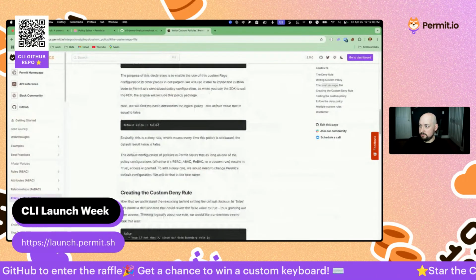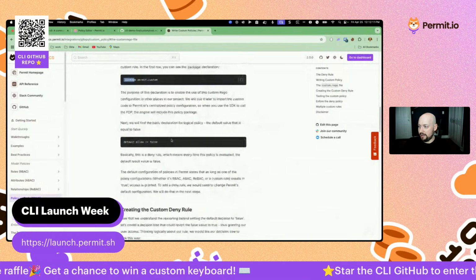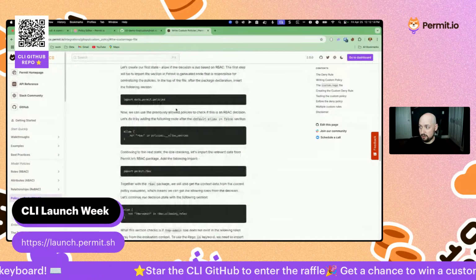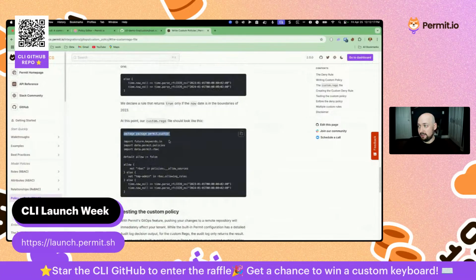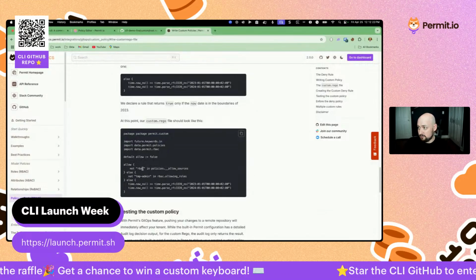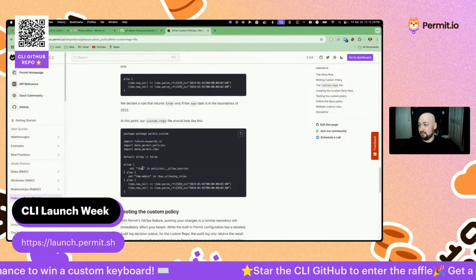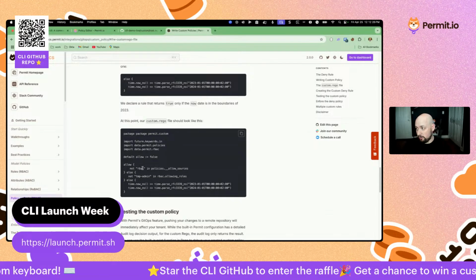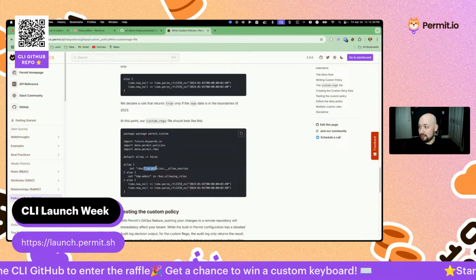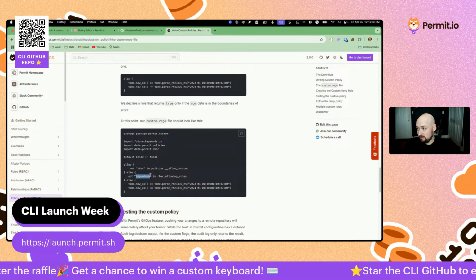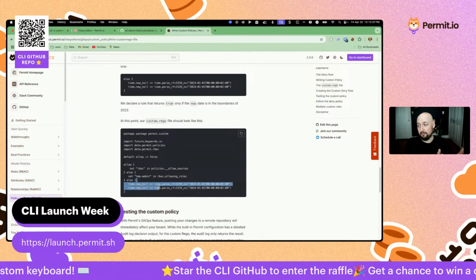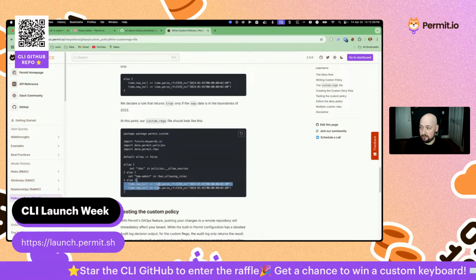And you see here, we can find a package. We can define our own packages. And there's some information here that you can follow as a tutorial. But at the end of the day, you end up with a kind of custom Rego file. And this one is actually doing a time-based temporary admin role. So in this scenario, I'm saying that the policy isn't allowing, and if the temp administrator role has been assigned to the user and the time is within the time that I've set, they're going to have this temporary admin